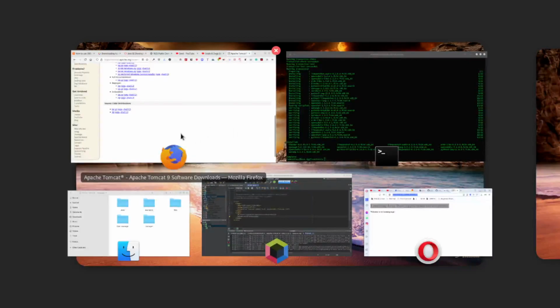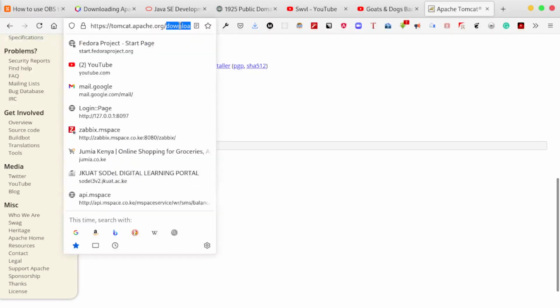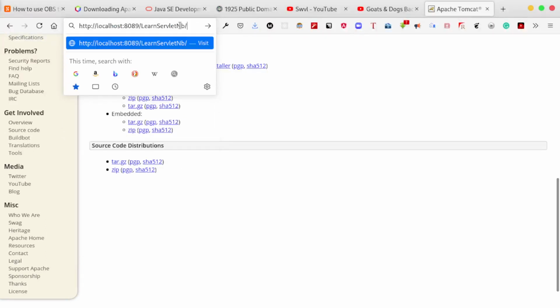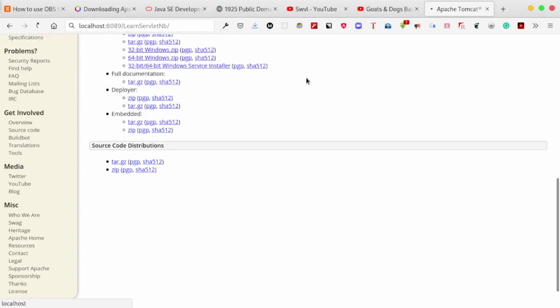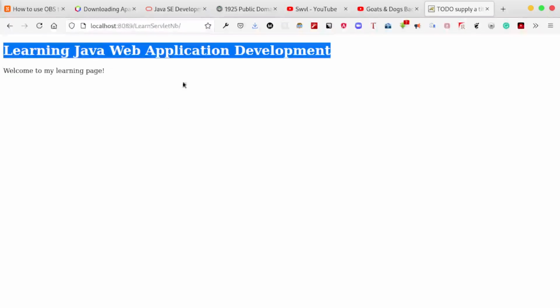You can paste it here and see if it still works. This is what Tomcat is doing. It should work. Let's see how it looks on Firefox. Oh, it actually looks more beautiful on Firefox.